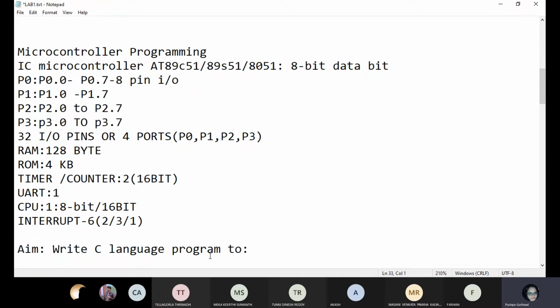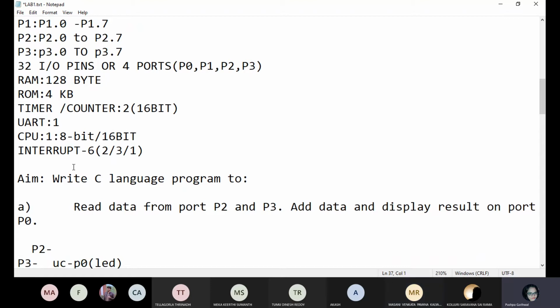These are the basic information you have to understand before starting the program. So these are the basic specific features of the 8051 microcontroller. All of this is contained inside one IC. So whenever you are working on any controller or processor, you have to know its internal basic features. Okay, now I am moving to the next one.